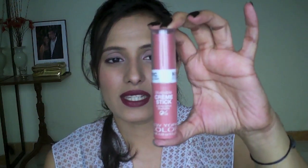The next one is again a drugstore product, which is NYC's Cream Stick in Big Apple Blush. It's a beautiful pink color, and I have worn it right now on my cheeks, and I have used it with another very famous NYX blush, famous on YouTube, I must say, and it is Summer Peach by NYX. I have used this over my